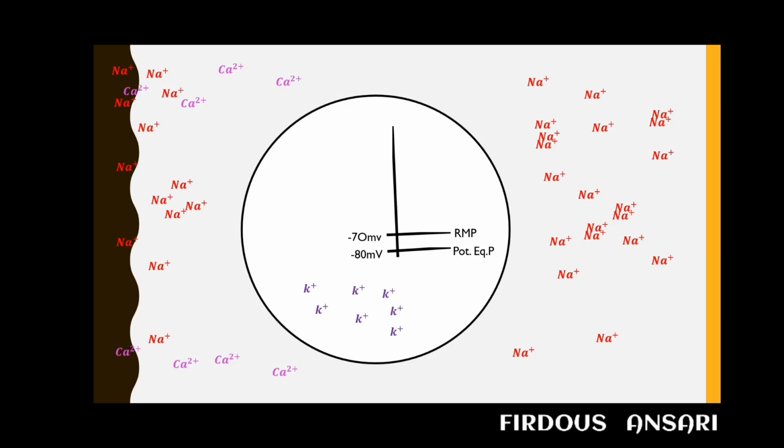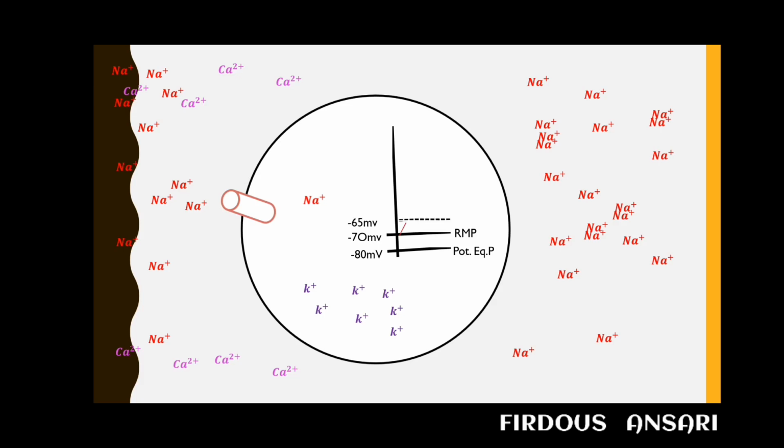Now suppose this neuron is still not activated, it is still under resting condition. So under resting condition, this particular neuron has a resting membrane potential of -70 millivolts. Now suppose someone touches that finger. Because of this, mechanically gated sodium channels will open up and there will be influx of sodium ions. And because of the influx of positively charged cations, what will happen to the potential of that neuron? The potential will tend to move towards more positivity. Okay, like this. But suppose that touch was a sub-threshold touch.